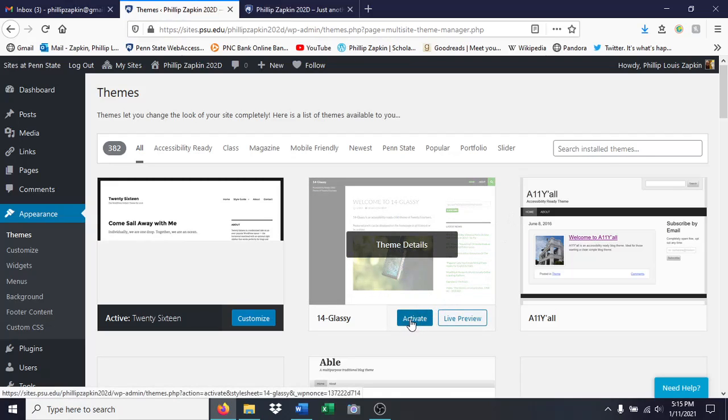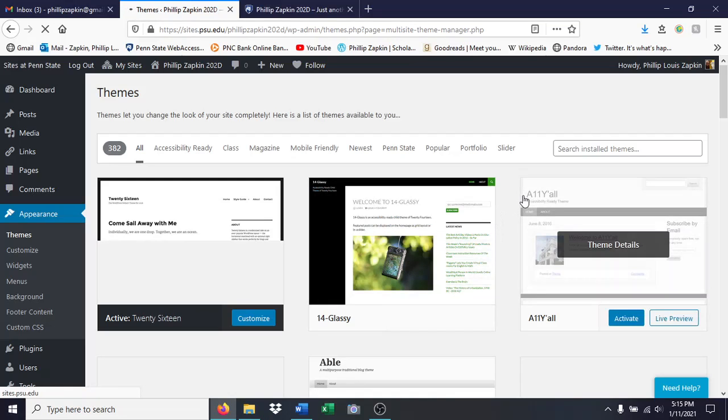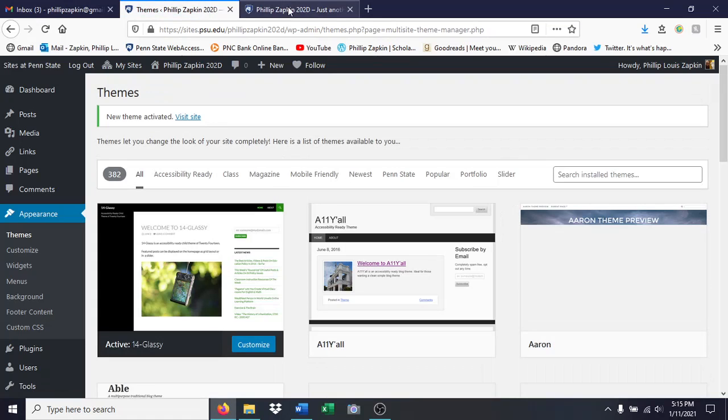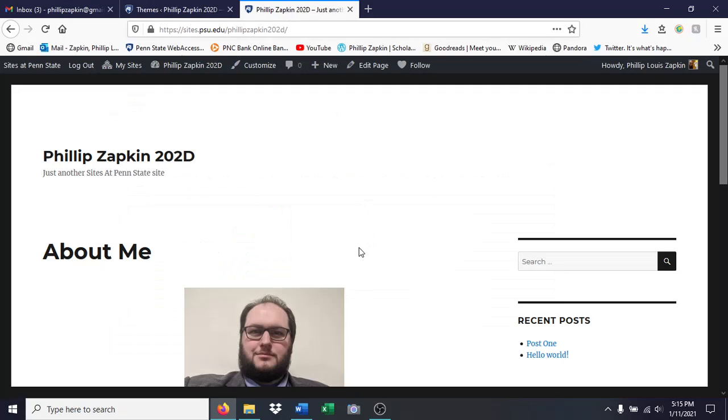So I'm going to go ahead and activate 14 Glassy, just arbitrarily. You can choose a different theme if you want to, and you can customize themes, so you're not locked into that default. This is the basic structure for a site, but when I switch to 14 Glassy,